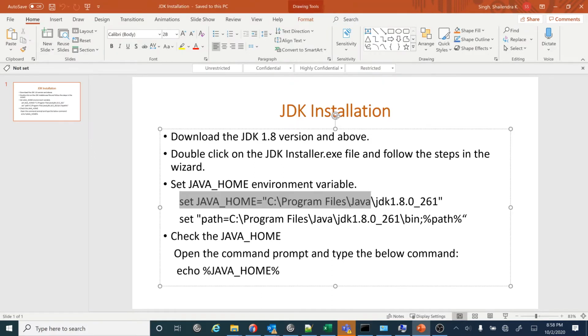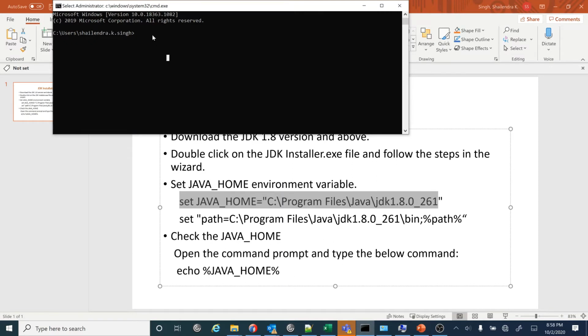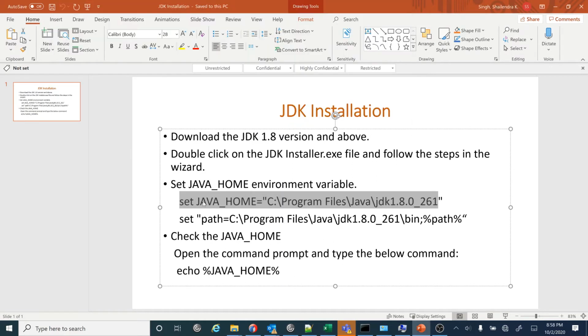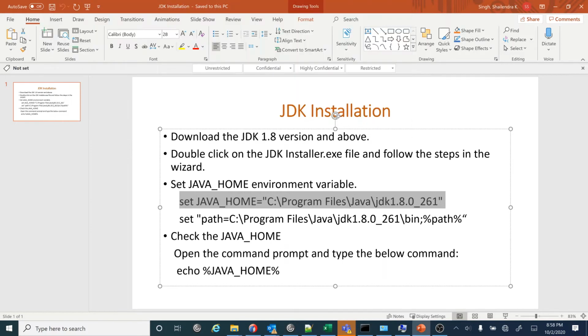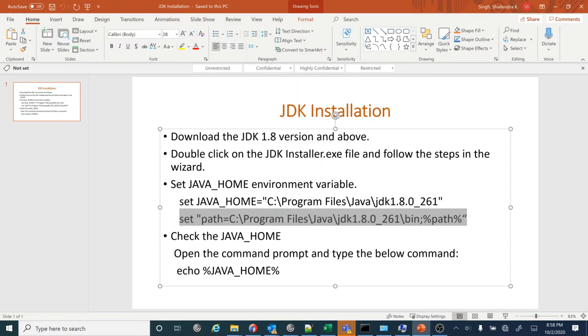So I'll show you how to do this. I'll type this just for your reference: set java home. After that you click enter, then next prompt will open. Then you need to set the path.